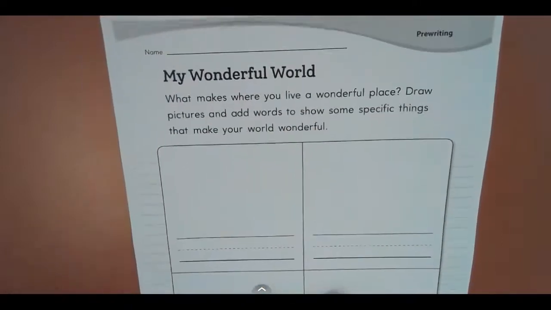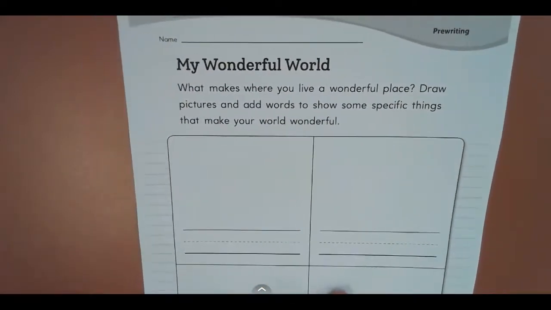Okay, so when I was thinking about this song and I was thinking about just our wonderful world and what makes it wonderful to live in, I think of my house. And I think of not just my house, but I think of the outside part of my house. I have a lot of grass that I like to walk in without any shoes because I love feeling the grass underneath my feet, and my kids love to run and play outside in the grass. So when I think about what makes my world wonderful, it's my house with my green grass.